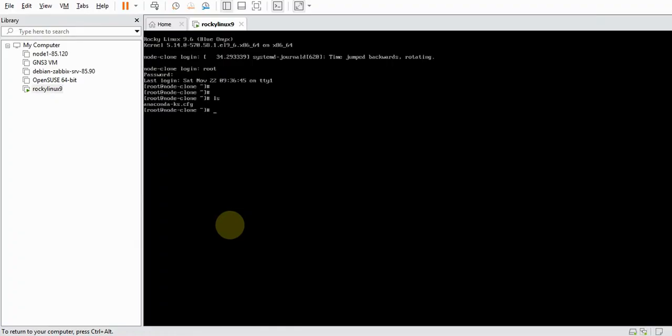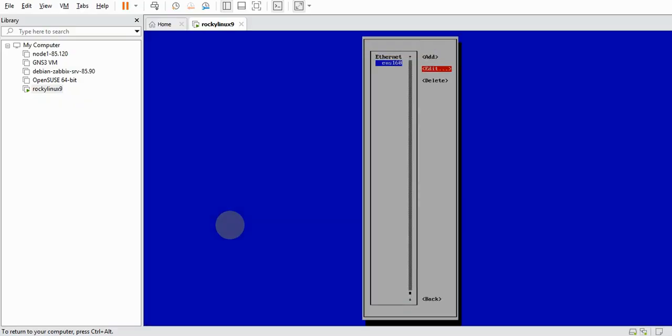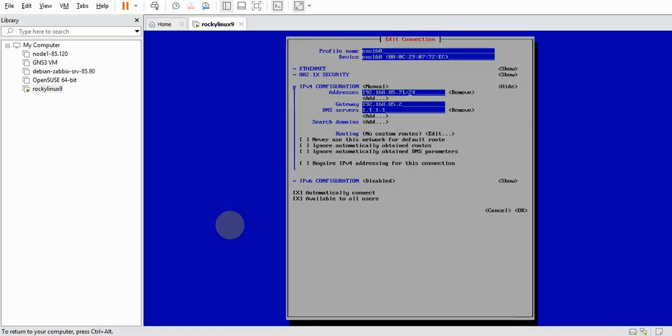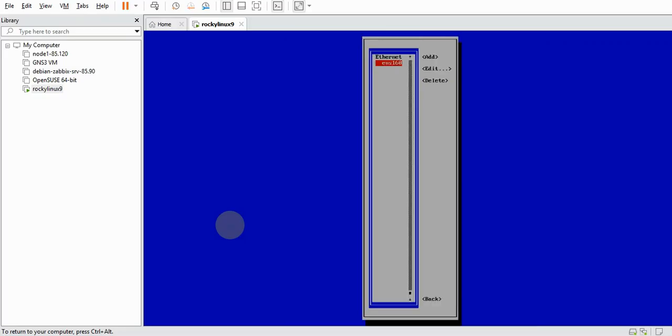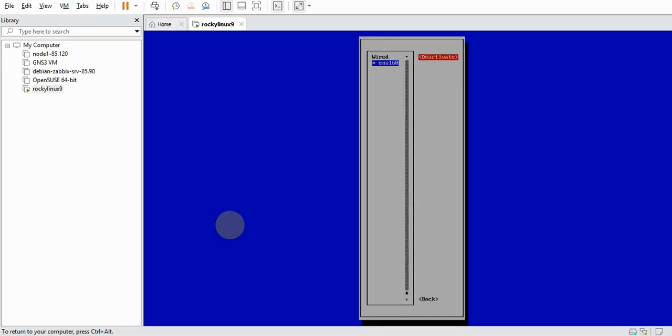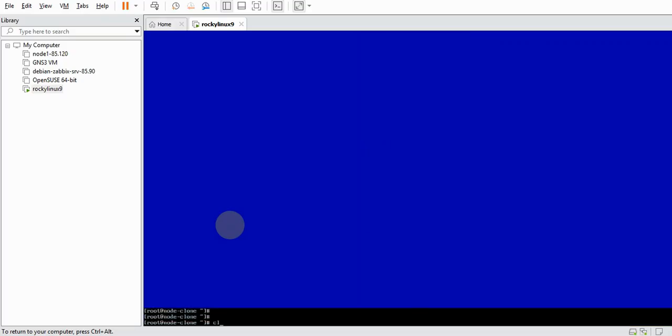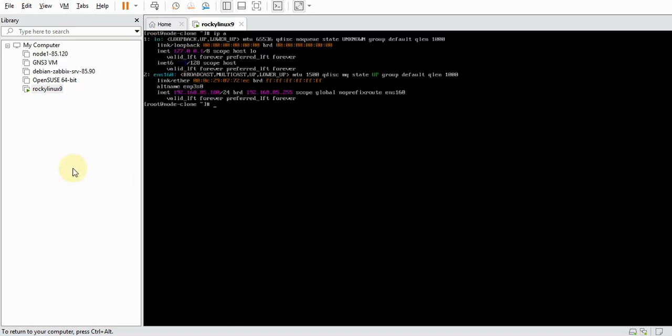log into this server and first of all set up an IP address here, 85.180 and all okay, and come here and you can see the IP address is 192.168.85.180. Open the terminal